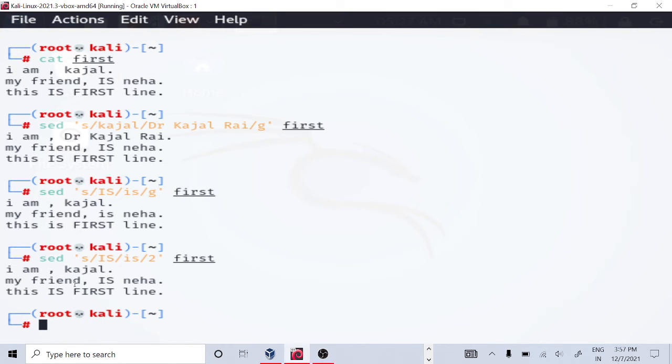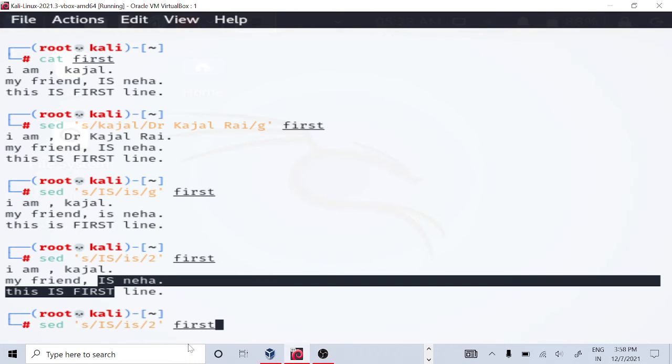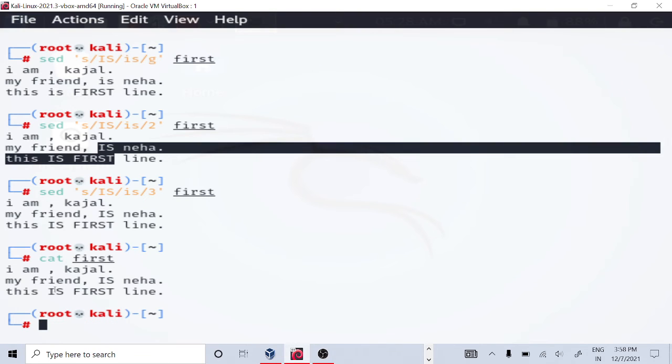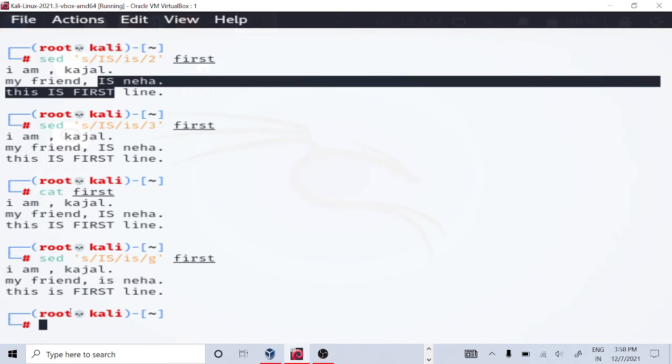Now it will be replaced starting from the second occurrence and also the last occurrence. If I write here 3, then it is okay. Let me check first. This command contains the already replaced text, that is why it is not being replaced like this. Now I have to replace this is with this. Globally, if I do this, I can do this very easily.